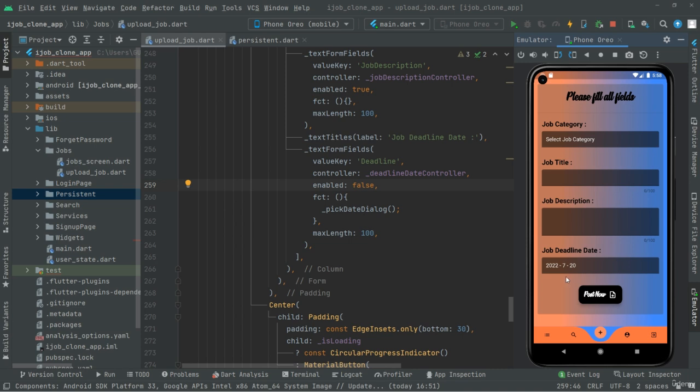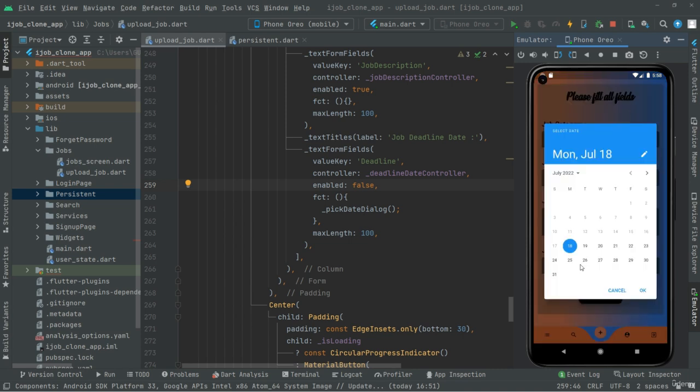And one more thing guys, just click in here, and if you select an old date that has passed already, let's say for example today is 18, that's the current date, and if I go back and select that 5, it will not just work because it's in the past